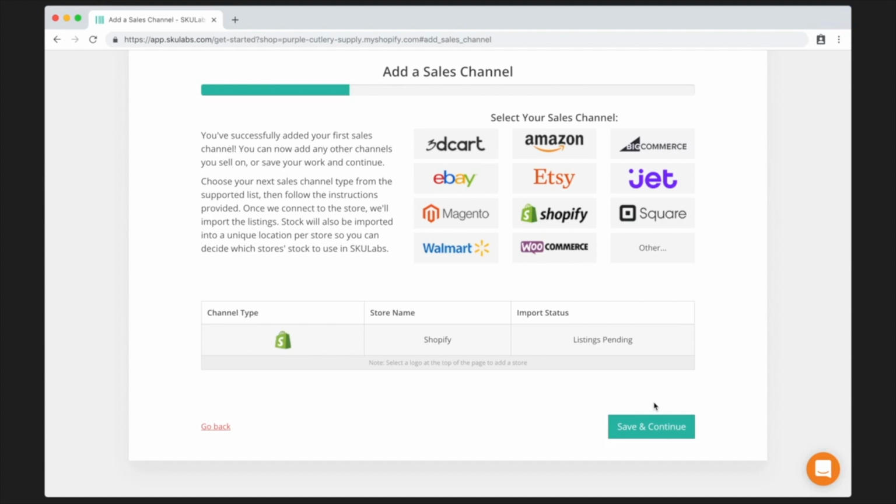And that brings us back to how our setup wizard is going to manage the initial catalog setup here in SKULabs. When you add a new sales channel like I just did, SKULabs is going to sync in all of the active listings for the channel and build new items with each listing's info. We use the SKU to determine whether a listing represents a new product or an existing product. So if a listing has a SKU we haven't seen yet, SKULabs is going to build a new item using